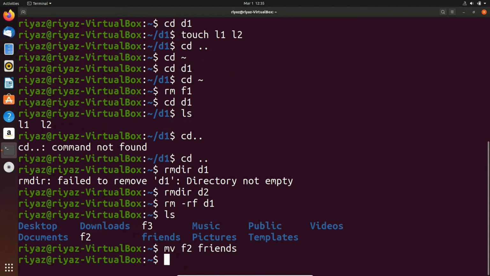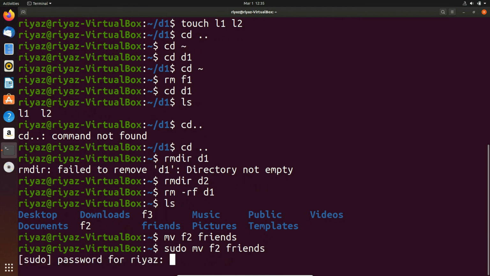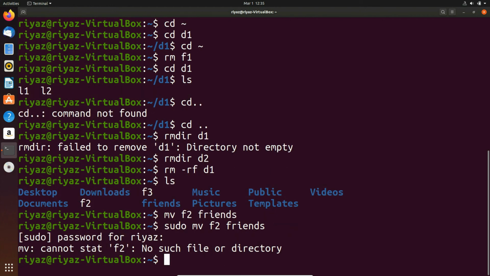And guys, if you have not moved to the friends directory or you have got any error in between, use sudo mv and the same command, just use sudo in front of it. The sudo gives us the privileges of the administrator. I mean a few privileges that we don't have as a normal user. In a few systems this privilege has not been granted. To be granted we use sudo. Just press enter, it asks for a password. Enter the password that you are using in the Linux system. I have already moved that F2 to the friends folder, so we don't have it here. But use this command if you get stuck.